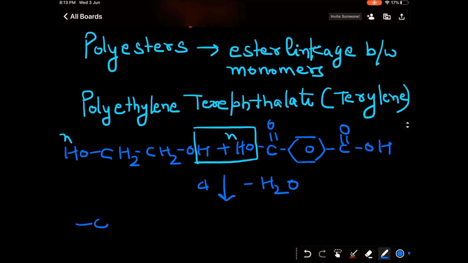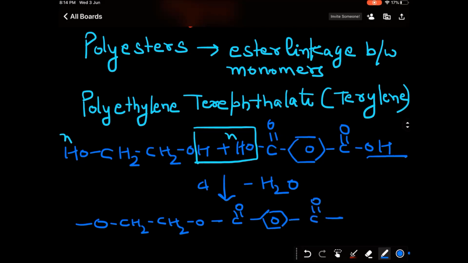So we see that the second OH group of ethylene glycol will also lose a proton and form an ester with the other carboxylic acid. So we start the polymer with oxygen. This hydrogen has been removed, so O. Then we will write the rest of the molecule, CH2, CH2. Now the ester linkage, O, carbonyl group, then benzene,